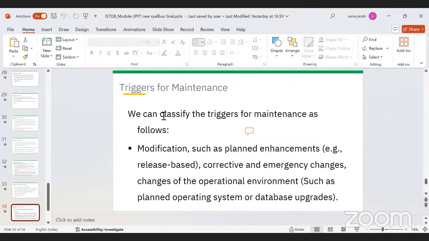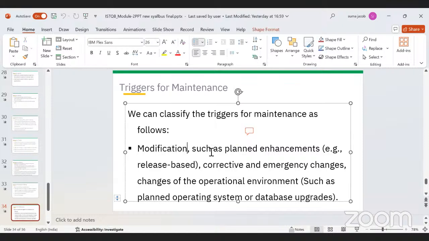So there could be a few triggers. One is a modification. So if there is a planned enhancement. When you say planned enhancement, before releasing the product itself, you had a plan to add a particular feature, but you thought, we are not doing it right now. We will just park it for now, and we will add it as an enhancement later on. So we'll just release the product, and we will add it as an enhancement later on. So if you are doing such a